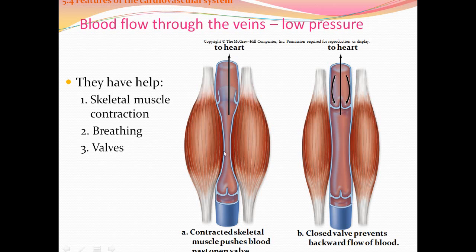Okay, so here's a vein, and then here's skeletal muscle. So what happens whenever you walk around or bend your arm or just bend your leg? Move any skeletal muscle. It squeezes the veins. When it squeezes the veins, it forces the blood to go back to your heart. When those muscles relax, the blood gets stopped by the valves in the veins, so the blood can't go back. It's not like you're starting from your toes every time.